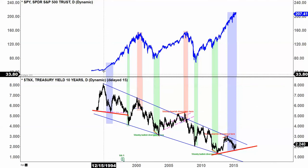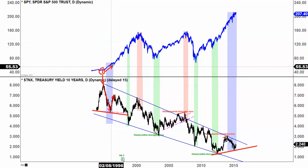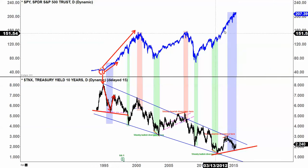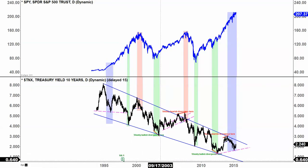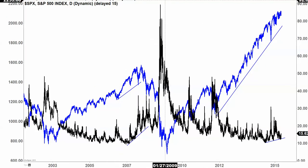What happened in 1996 is, you see that right there, Treasury yield rolled over, but the market kind of moved sideways a little bit. And once Treasury yield started to move upside, then the market resumed, and look at that move ever since then. And again, just because that happened back then, does it mean that that's what's gonna happen here? No. This is where I'm trying to ascertain where the market is gonna go, and then I go through these tabs, the 11 tabs that I have, right? And I kind of go through them. And I go through these